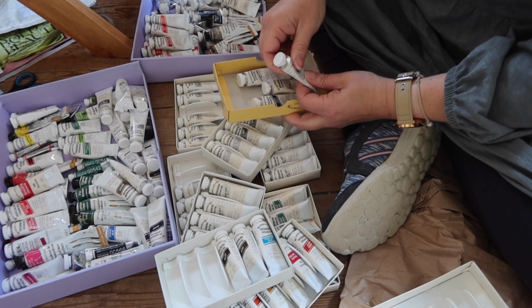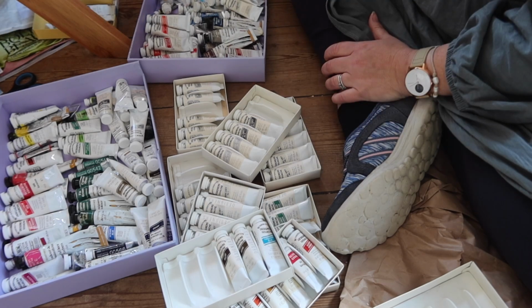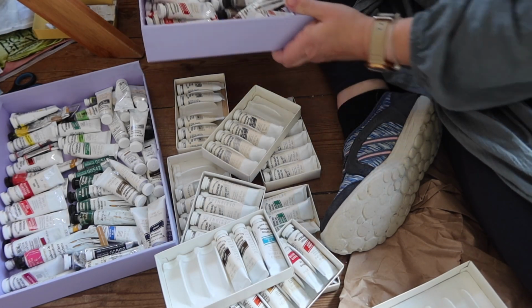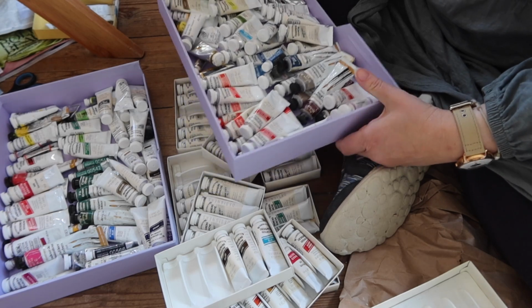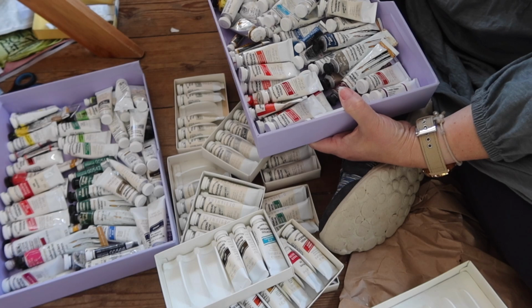They just won't work in the tube. I'm sure I could do that so they're not wasted. But yeah, my drawers are now a little too full. I do like to be able to see what I've got without having to rummage, so I might...